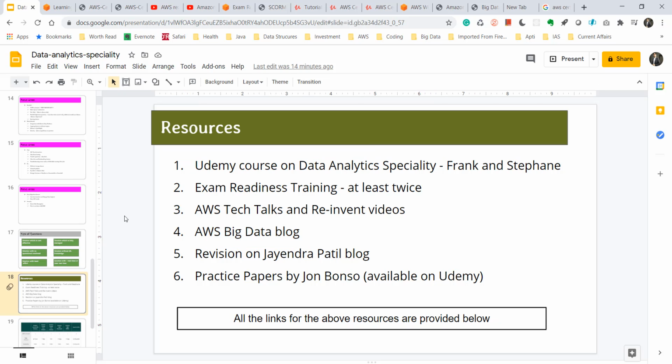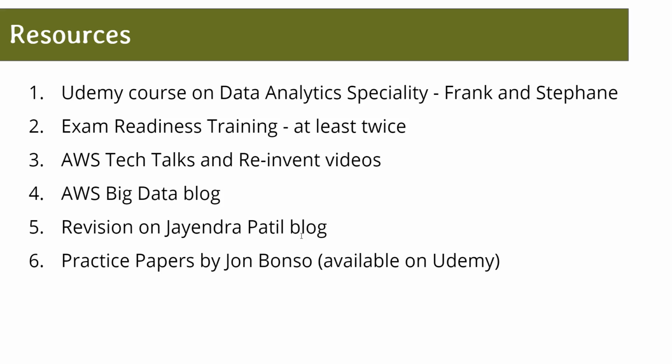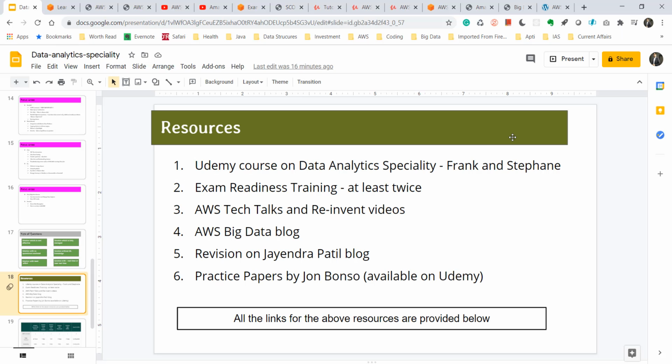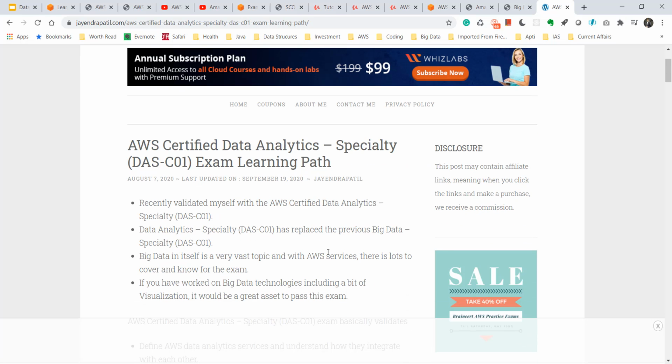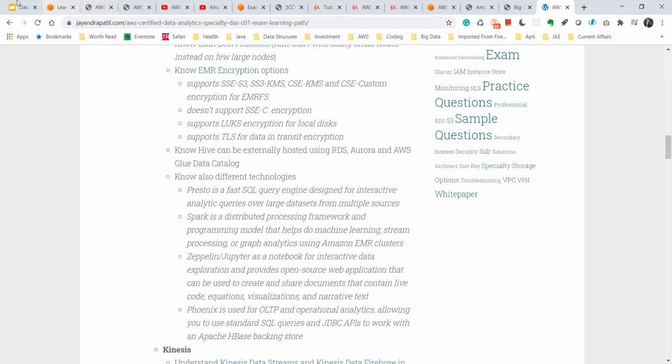Then we have the AWS Big Data blog. You will find many good blogs written on different analytics services that you should go through. Then if you are done with this, you can revise all your syllabus on Jayendra Patil's blog. I did that after I was done with all my revisions. I'll share the link in the description below.